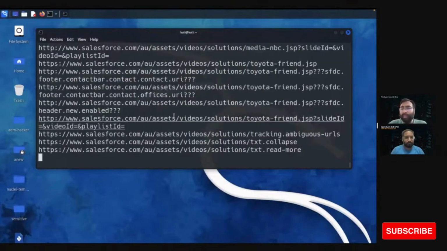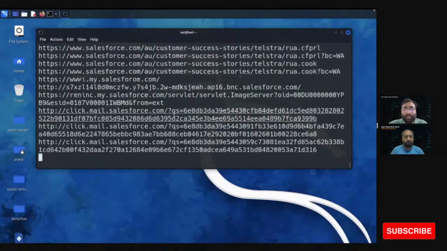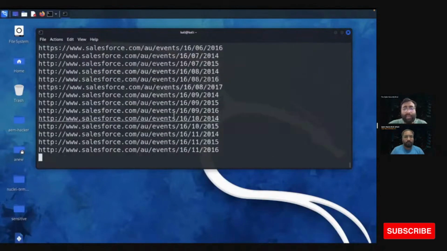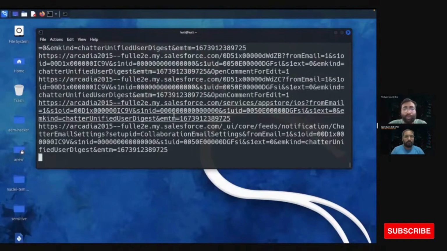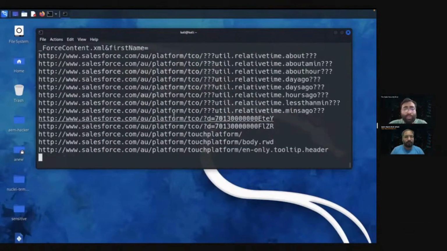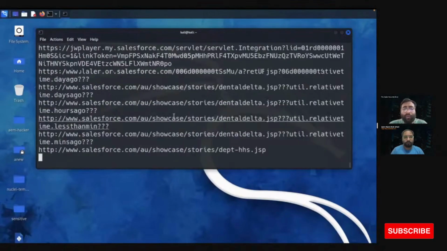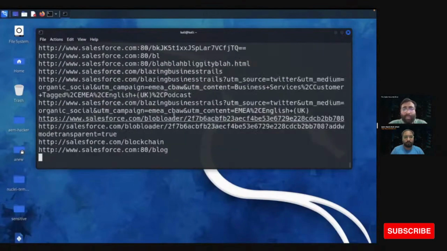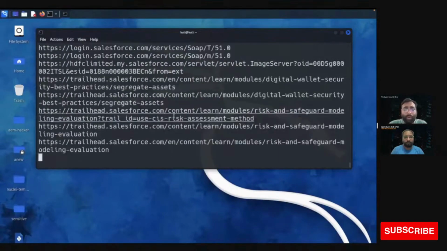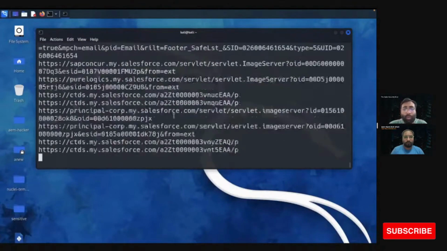Now, as we have collected some subdomains and paths related to Salesforce, first thing we have to do is run an automated vulnerability scanner that is called Nuclei. This automated vulnerability scanner will scan your target for potential vulnerabilities, and then you can analyze manually if this is vulnerable or not. So to do that, we have a tool called Nuclei.